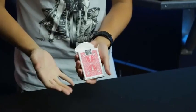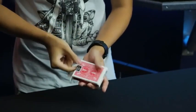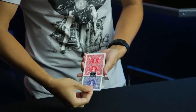And I just want to quickly run over what you're ending with. So your box looks like this, where it looks entirely red. So you can basically freely show this. And just to quickly talk about the gimmick again. So the first part is this card inside that retracts in